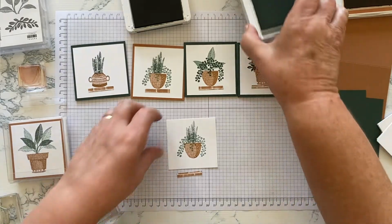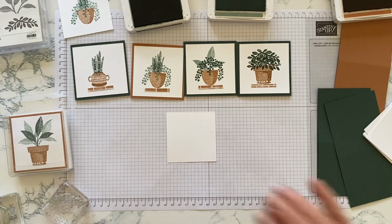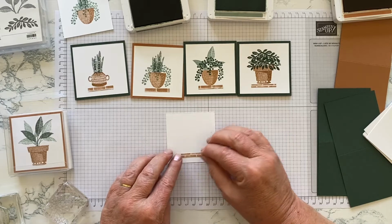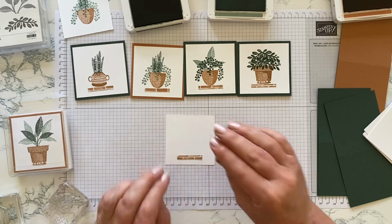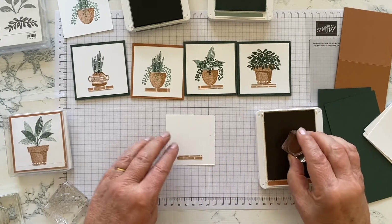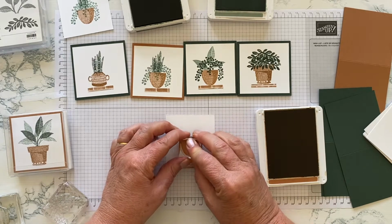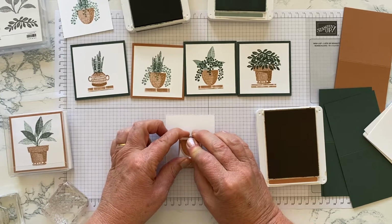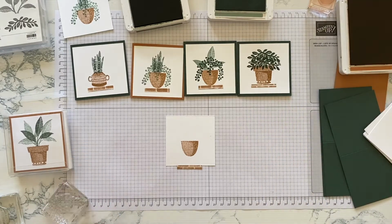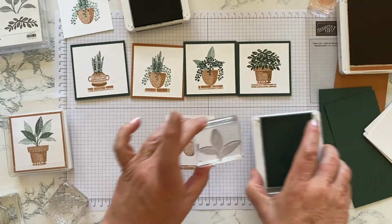1 down. So for this next one, I'm going to do the same thing. I'm going to put my piece of brick there just so I can better visualise where it's going to go. I'm going to get my cinnamon cider and my urn, and I'm just going to stamp them. 1, 2, 3, 4, 5, 6, 7, 8, 9, 10. Now I'm going to stamp this plant here in